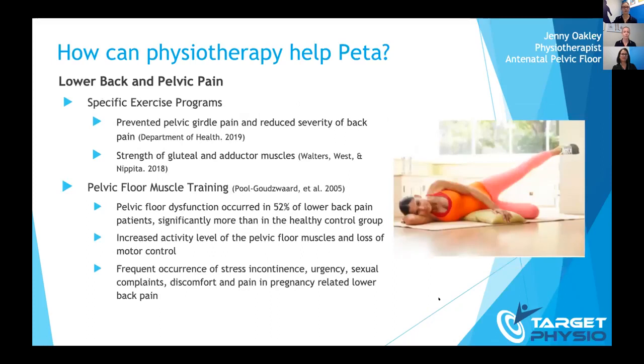Specific exercise programs we can use to help manage pelvic pain and lower back pain as well. So addressing the muscles around the hip, such as the gluteal muscles and the adductor muscles. And also the pelvic floor muscle becomes very important when looking at lower back and pelvic pain as well. So pelvic floor dysfunction is present in about 52% of women with lower back pain, and it becomes a very